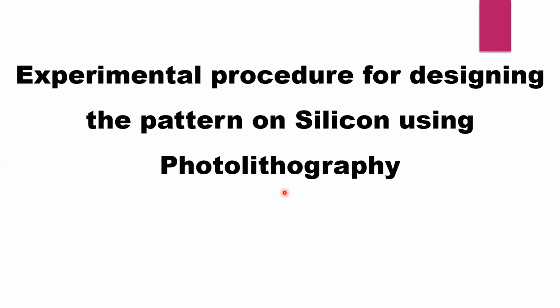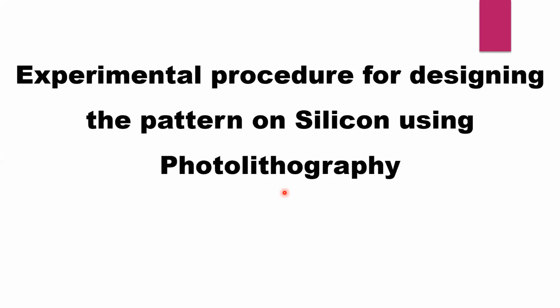So before discussing the experimental procedure, we have to know what chemicals and equipment are required for this experiment, and what is the role or purpose of each chemical and equipment. Accordingly,